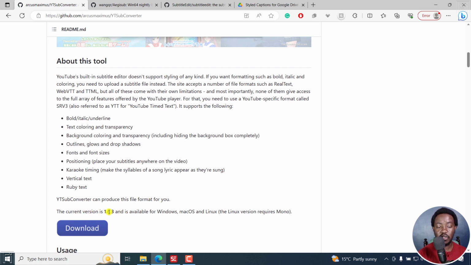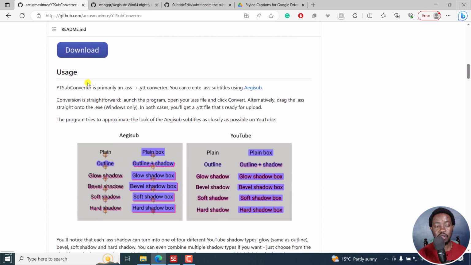The current version is 1.6.3, and it's available for Windows, macOS, and Linux. You can download it, and for Linux you require something called Mono. Now it gives you the usage, and simply it's an .ass Advanced SubStation Alpha subtitle format converter to .ytt converter,